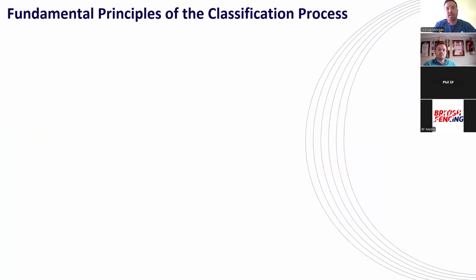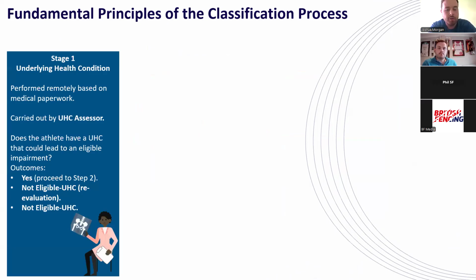So essentially when an athlete attends classification, they must go through a classification process, and that is broken up into 4 stages. Stage 1 is the assessment of an underlying health condition. So this is done remotely, where the athlete, supported by their governing body, will send off their medical paperwork, the medical diagnosis form, and any medical evidence that they have to demonstrate their underlying health condition. This will then be taken by the International Federation. They appoint a UHC assessor who assesses all the information